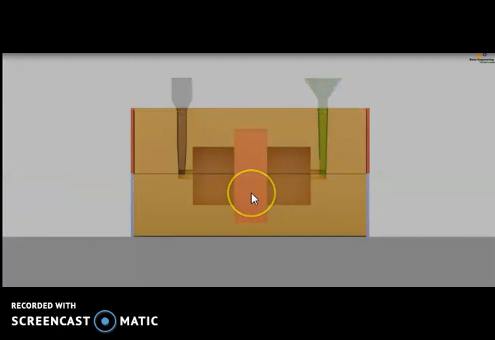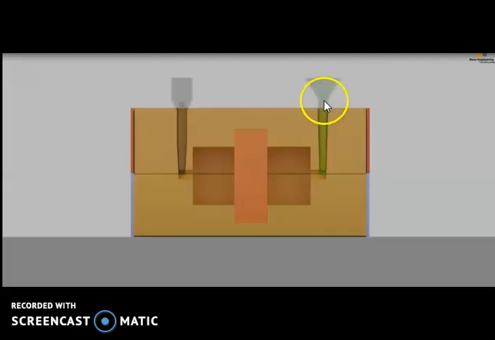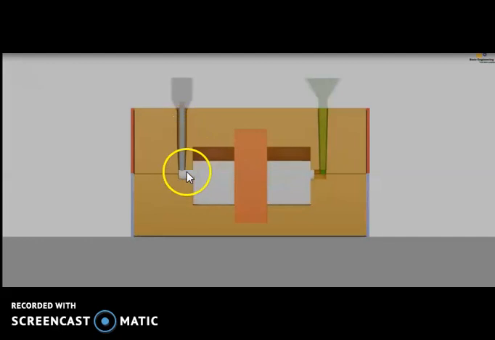If you see in the two-dimensional figure, the molten metal comes into the riser through the runner. It fills the cavity. The excess will come up from the riser. See once again, the molten metal is coming through a screw. After that, the gate. Then it fills the cavity. Then the excess will come from the riser.